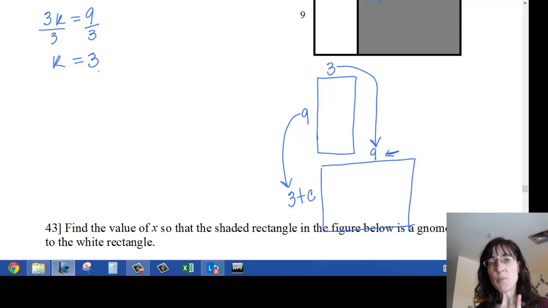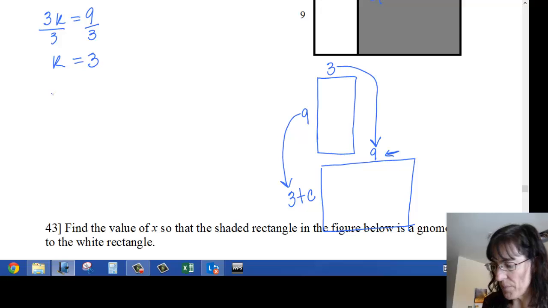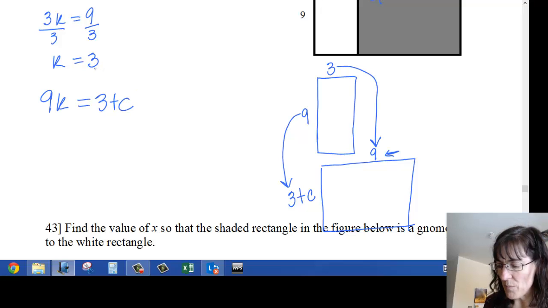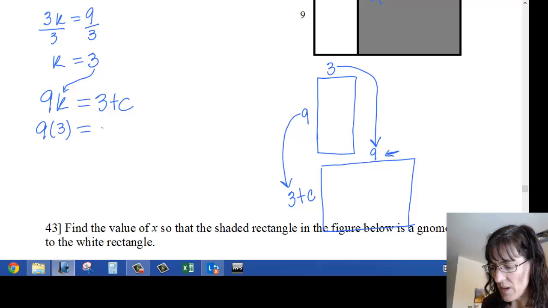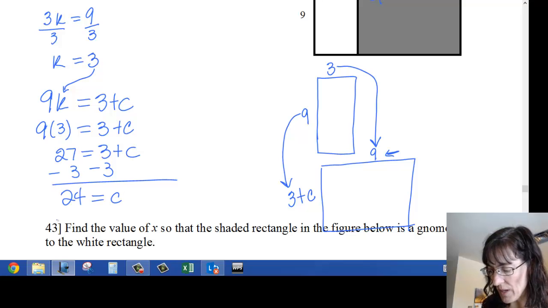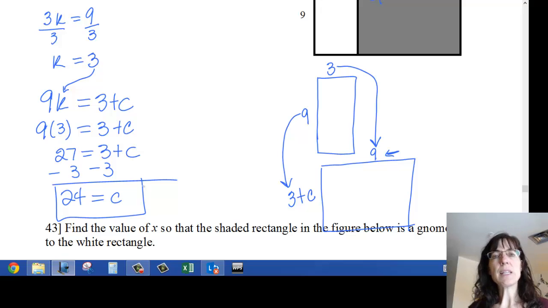And that's awesome because now I can say 9k equals 3 plus c, and my 3 is the k, so 9 times 3 equals 3 plus c, and I have 27 equals 3 plus c, subtract 3, so 24 equals c. And what that's telling me is that if I let c be 24, then the shape G that's using that,